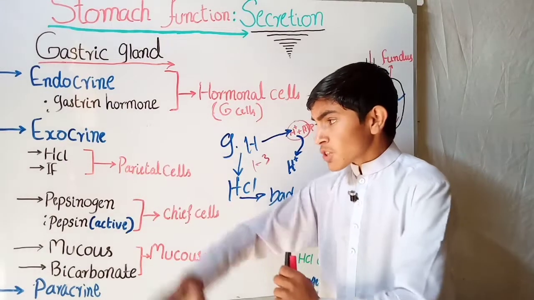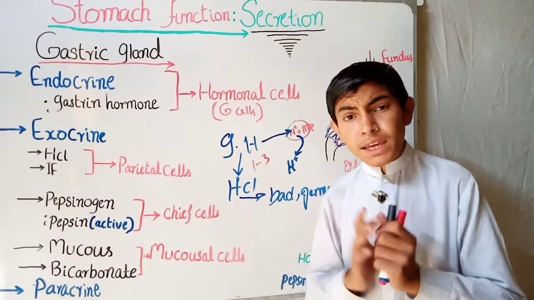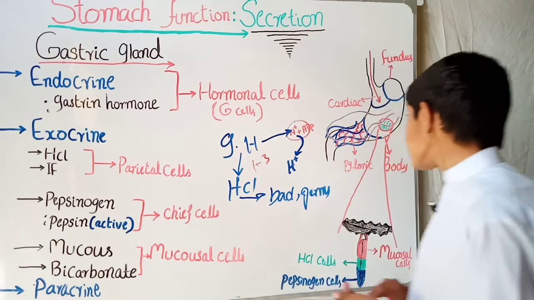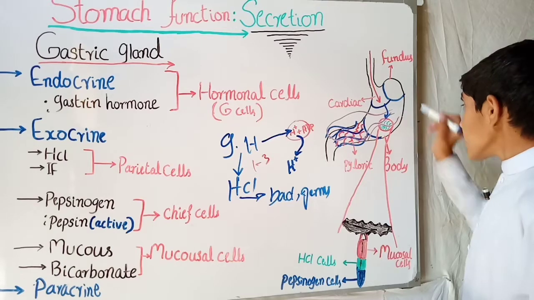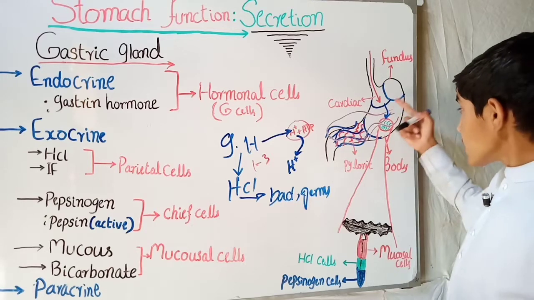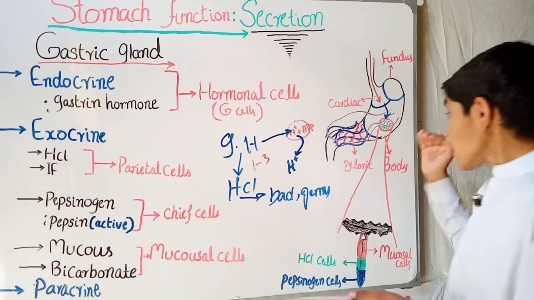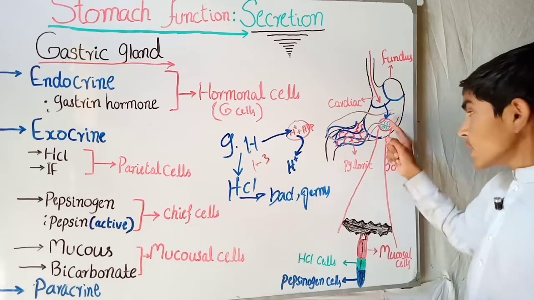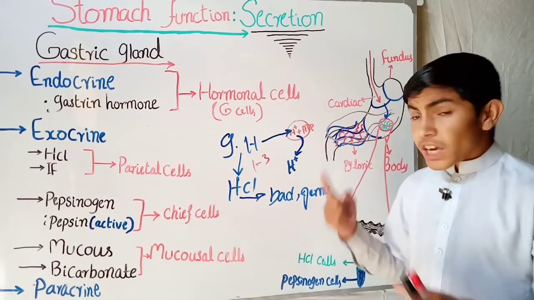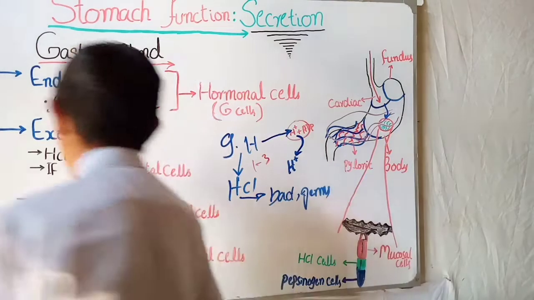When the parietal cell is stimulated to secrete the intrinsic factor, the intrinsic factor is mainly involved in enabling the food, like this food that is coming. When the intrinsic factor is secreted, it enables the chyme, which is broken down by the action of the chemicals in the stomach and converted into a chyme-like structure, to be easily digested and easily absorbed into the bloodstream and the small intestine. And so its function is to